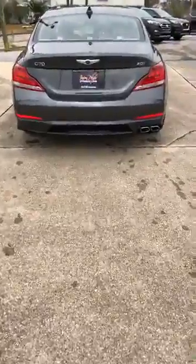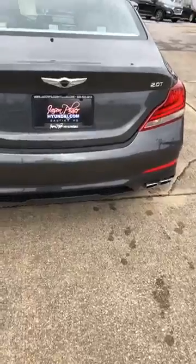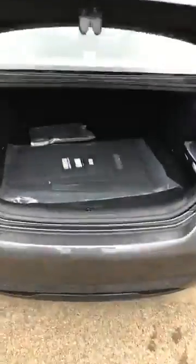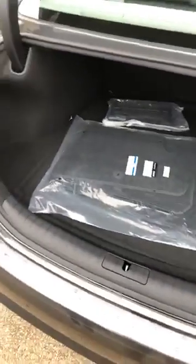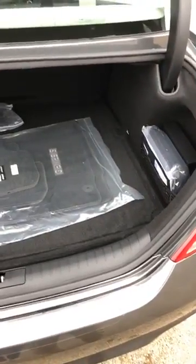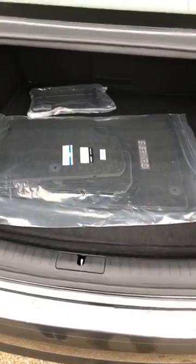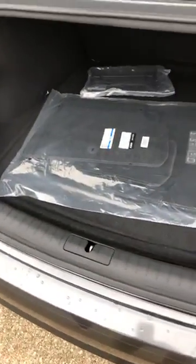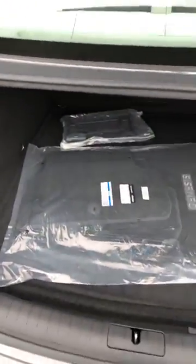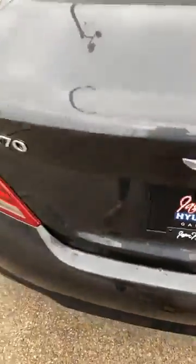You know, it's gorgeous. It's not selling perfection here, you know, everything has its ups and downs. If I had to find a negative about this vehicle, it would probably be in the trunk. It is a little bit smaller, probably 2 cubic feet less than what you'll see in a lot of the competitors' model offerings. But again, if you're not in it for a bunch of trunk space, then what does that matter anyhow? It's not a small trunk at all, but again, just being honest, maybe a touch smaller than some of the competitors. But again, just a walk around,